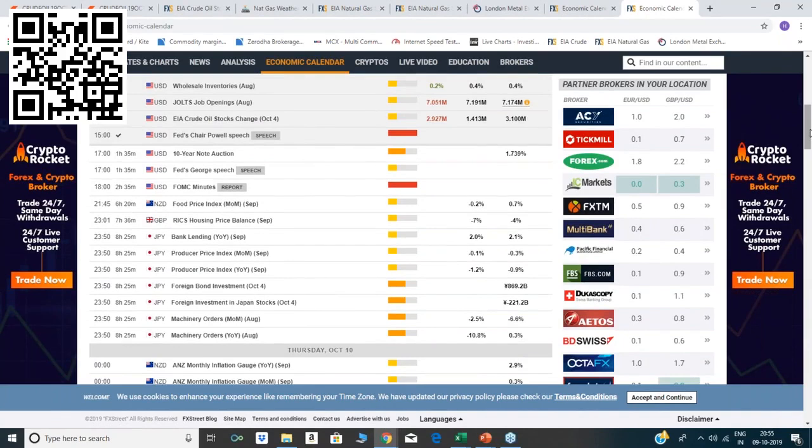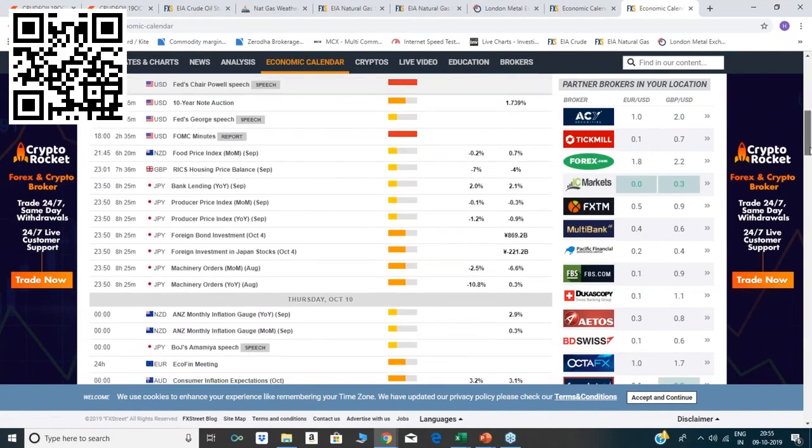So when plenty of news are lined up at the same timing, at that time we need to be cautious. Got it? If plenty of news are coming at the same timing, for example two events were there at 5 o'clock. So this is the way we can look into the economic calendar.